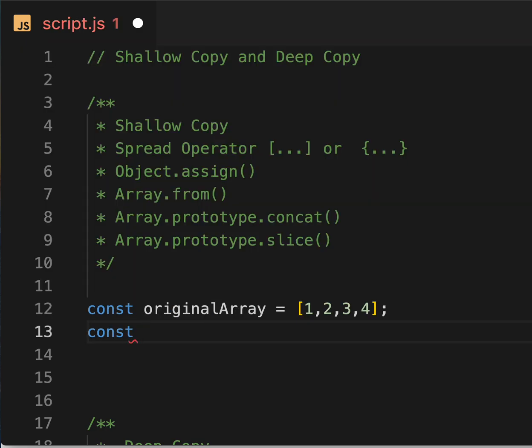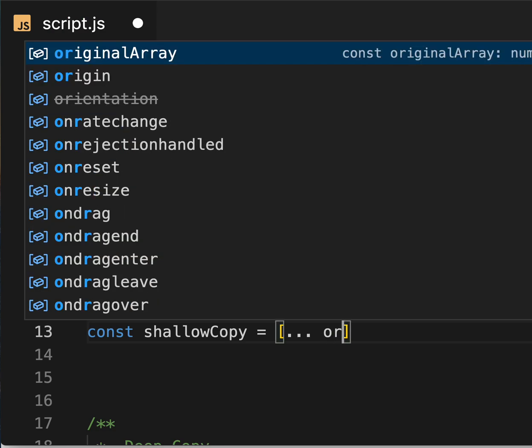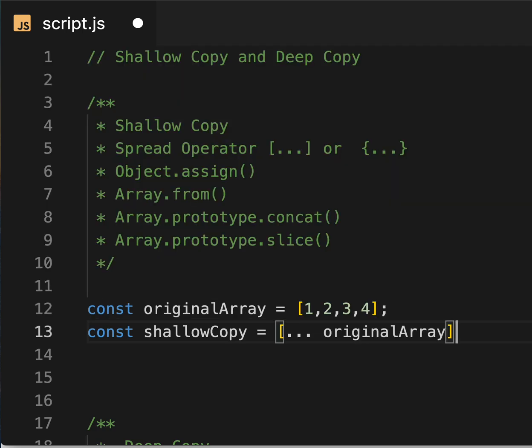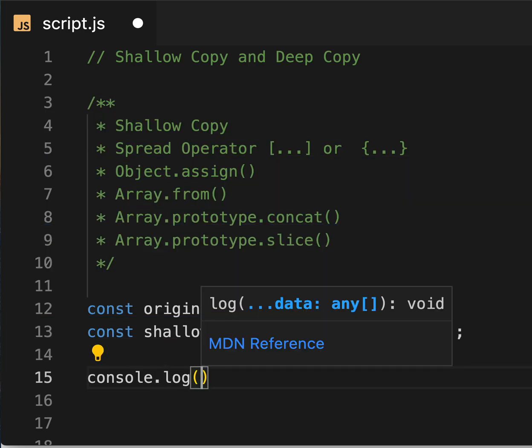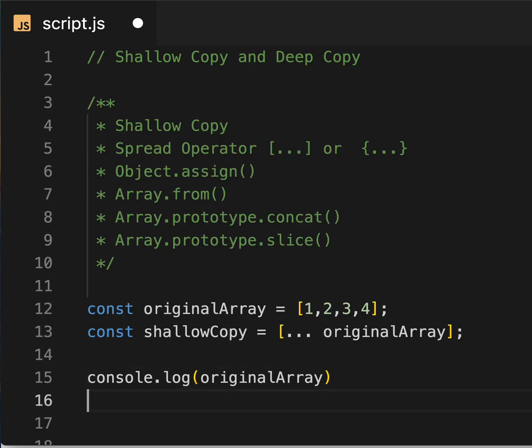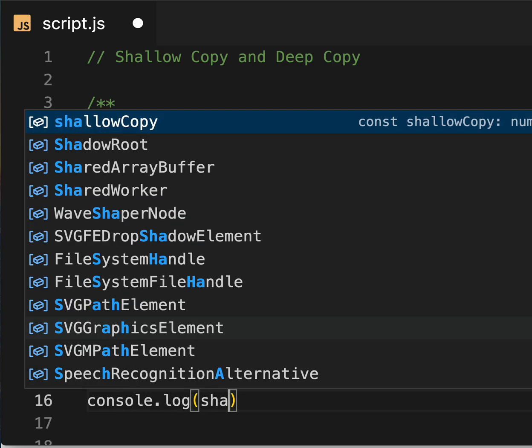So const shallowCopy equal to, I'm going to use the spread operator. Just pass the three dots and pass the original array here. Now let's print both variables and see the output.